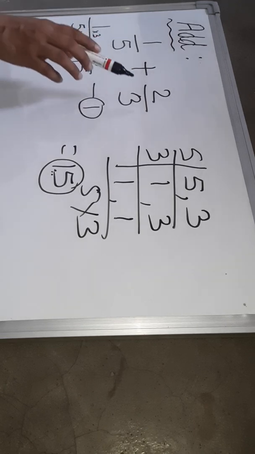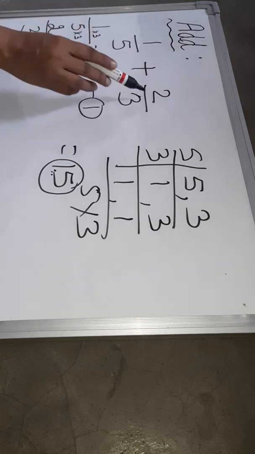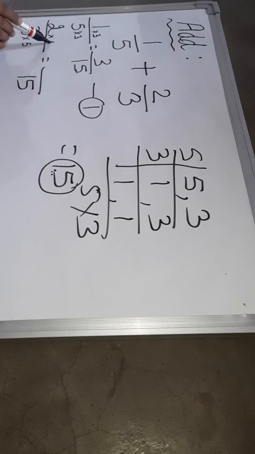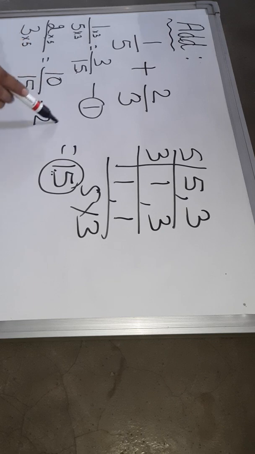Now the second, it is 2 by 3. The second fractional number is 2 by 3. So make the denominator equal to the LCM. Read the table of 3 and reach till LCM 15. 3 5 times is 15. So the denominator we got is 15. But you have to multiply the same number in the numerator also, 5. So 2 5 times is 10. This is the second like fraction.